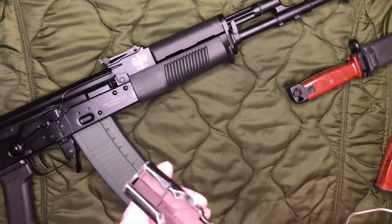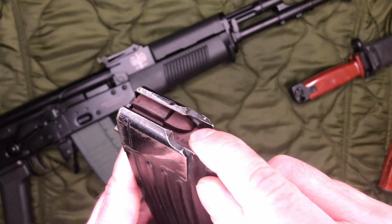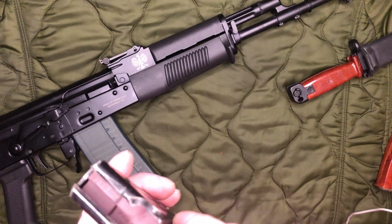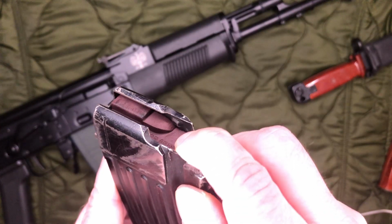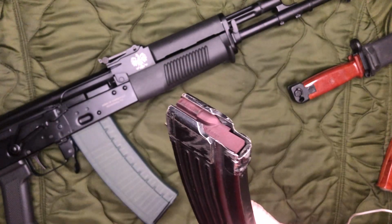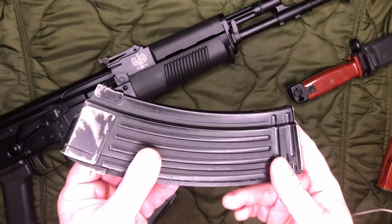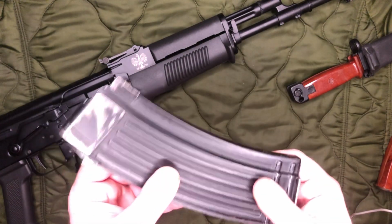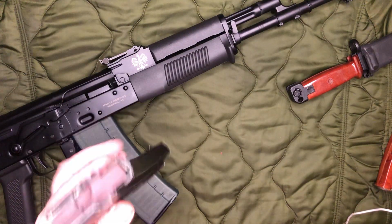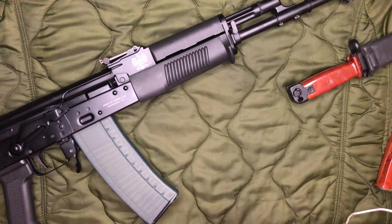Now, the owner of Pod Arms mentioned this little nub here is the reason they recommend not using it with metal mags. And in the few pictures I could find, this metal nub on the Tantal mag, or at least what I believe is the Tantal mag, seems to stick out a little less than the metal nub in some of the other pictures. Hard to say going from pictures, but I loaded her up with 30 rounds, and it fired all 30. Like I said, it was just the one run, I was trying out several mags, but I was very happy to report